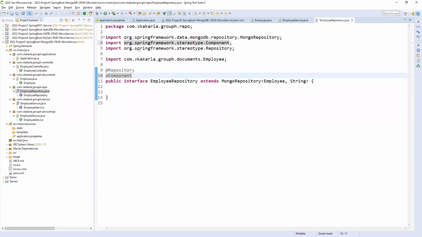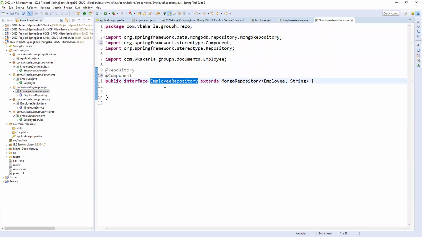So it will work, but it will not catch any kind of database exceptions. That is the reason we should use @Repository instead of @Component. In an interview, the interviewer may ask, why are we using @Repository? You can use @Component, right? Component also registers as a component, and repository also registers as a Spring component.